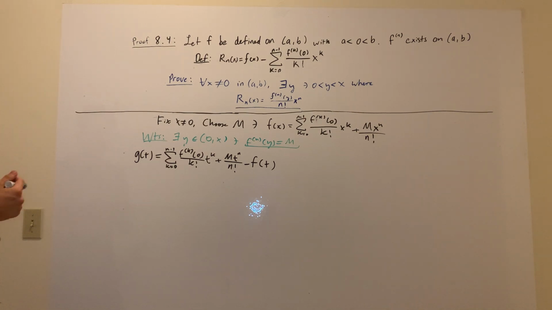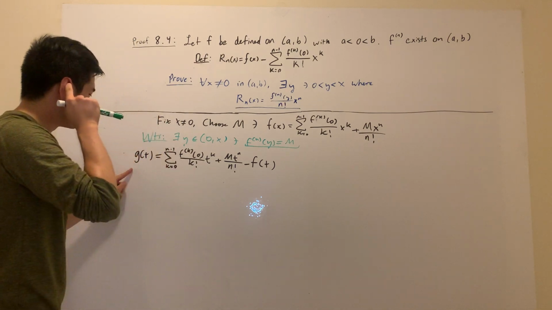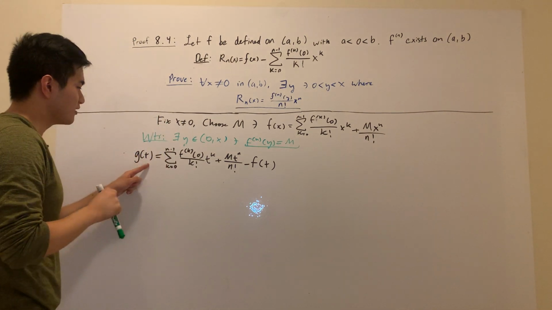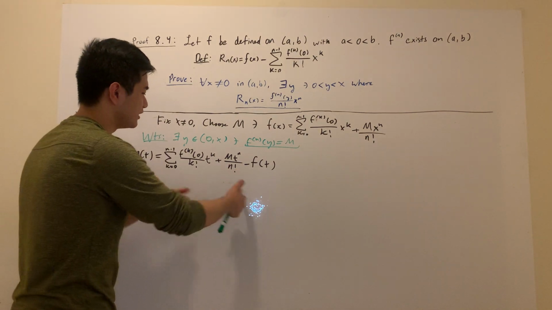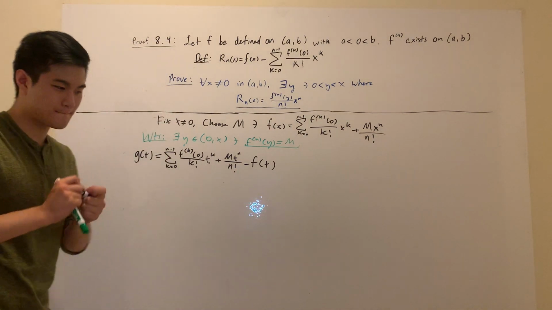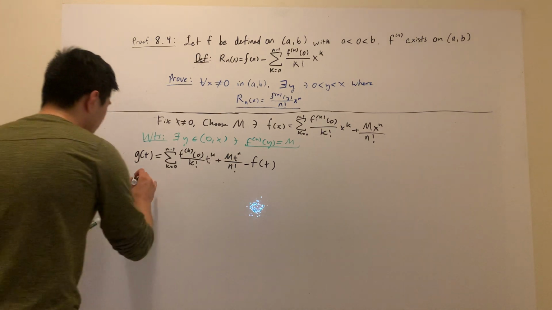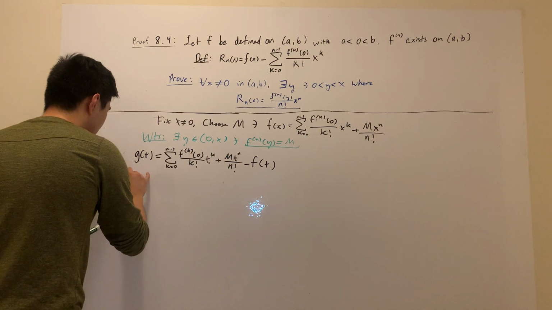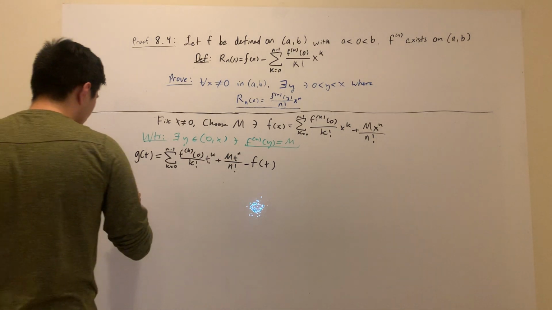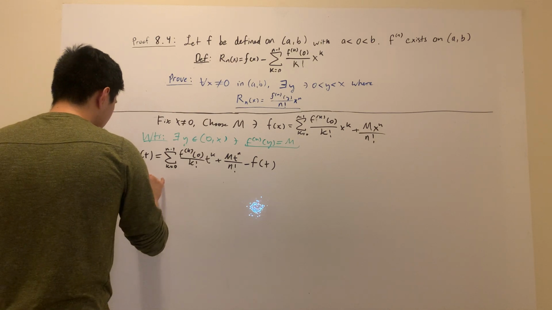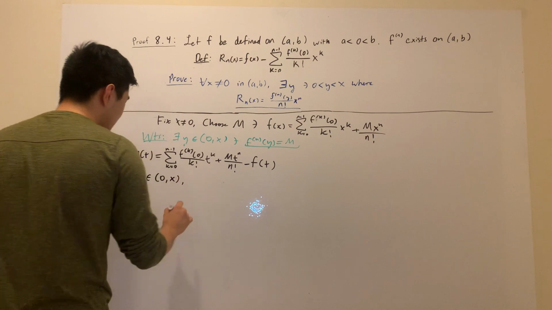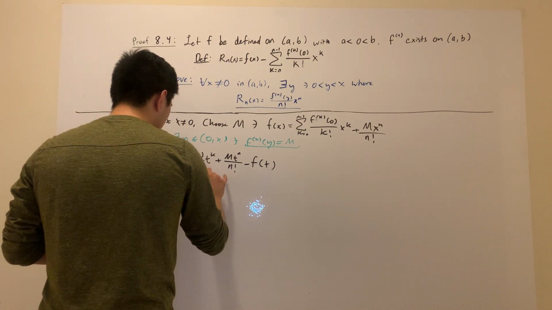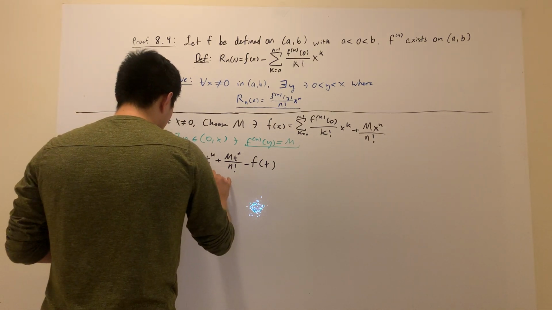So we're going to see that if you put in any number in here for t, then it's just going to become 0, because you essentially have f of t minus f of t. So we can choose an x1 that's a part of the interval 0 to x, such that g prime of